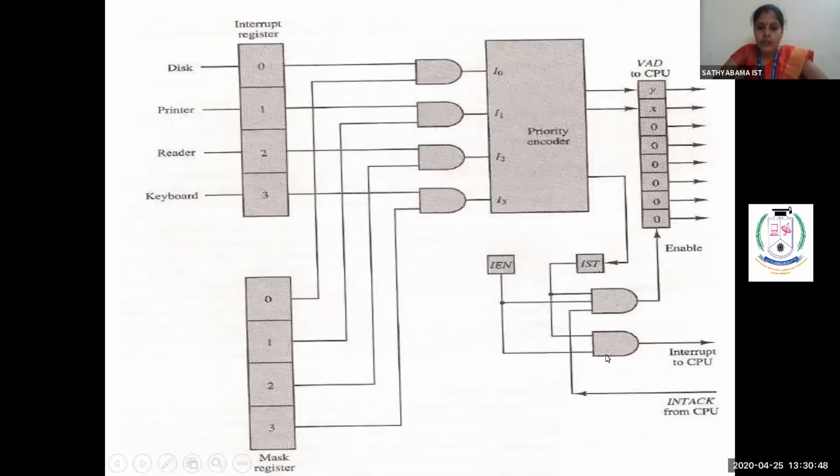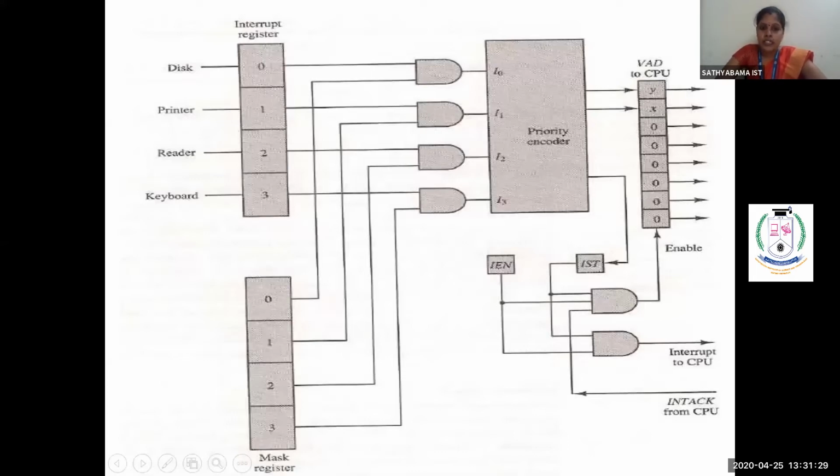So now the CPU should acknowledge that, right? Whatever work the CPU is doing, it should stop that and service the peripheral device. So now it will be checking. The interrupt acknowledge signal will go first to the disk, because it has high priority. Then it will move on to the printer, reader, keyboard. Suppose it is checking whether the disk has sent an interrupt to the CPU. Then it will be made 1 through the I0 line. It will be 1. So the VAD address goes to the CPU, and it will go and find out the problem.